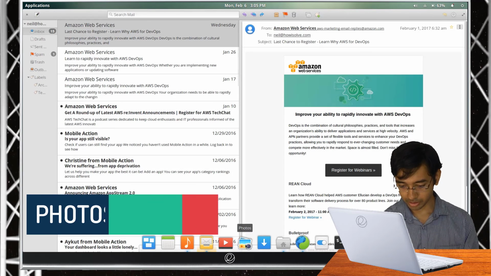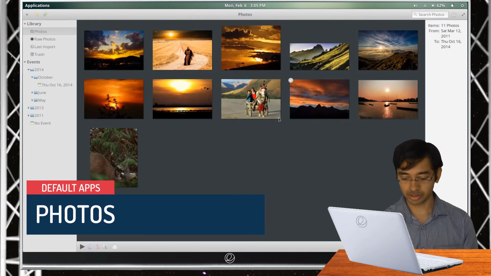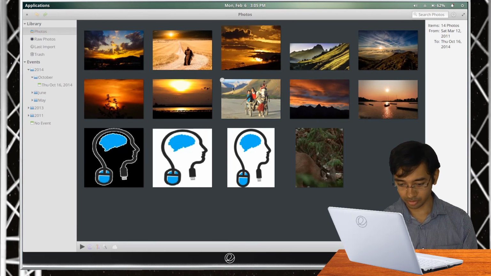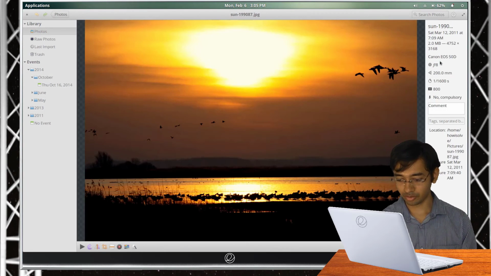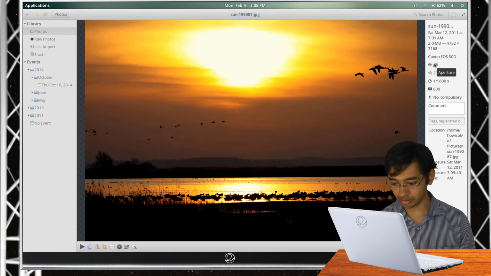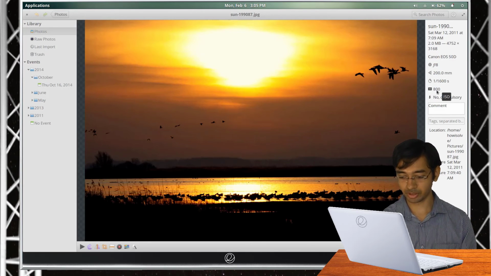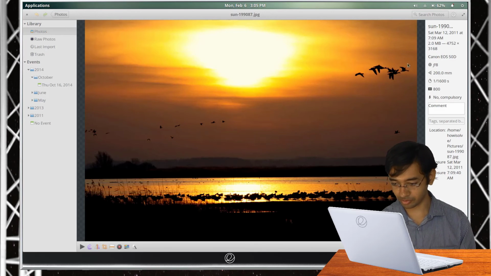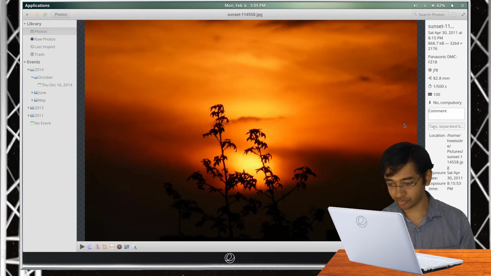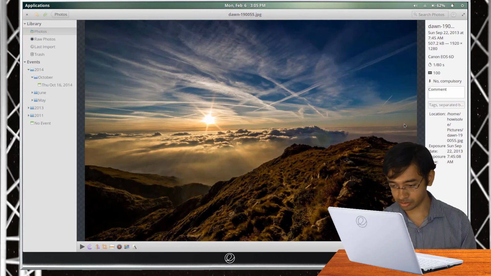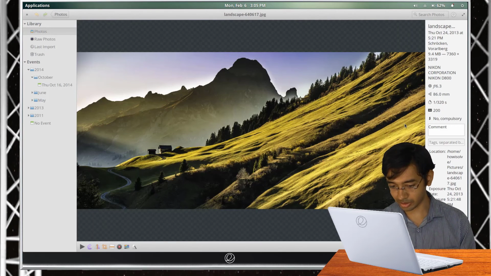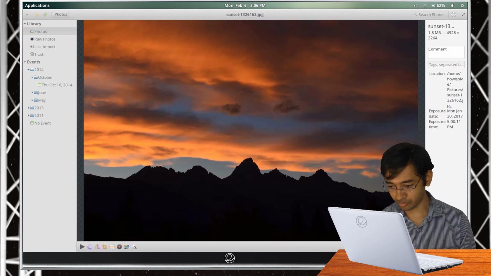The photos application has got a significant amount of retouching and has improved a lot. If you look over the right hand side, all this information is displayed very clearly and in a very beautiful manner, like the aperture, focal length, exposure, ISO. So if you are a professional photographer, this application can be very useful for you. Not only does it show the camera details and the camera model number, if the location details are also present in the photo, then it also shows where this particular photo was shot. Like for example, this photo, it's showing that it was shot over here. So yes, this is quite useful.